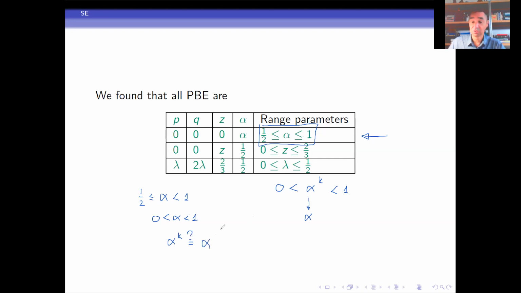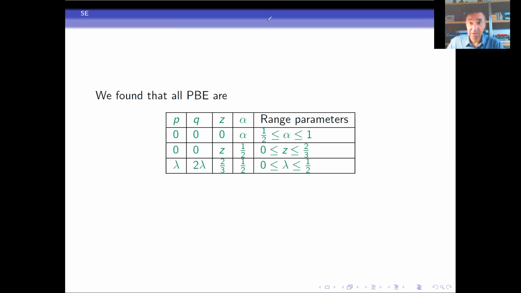So you might try to make this sequence constant, and usually you can. So that's what we're going to do. And then the alpha is equal to 1. That will then be a special case. So you can split all these different equilibria in different cases that you treat differently. Also here you would make, for example, a distinction between z is 0, sorry, and z strictly larger than 0. So in this way you can try to construct different cases and treat them differently.